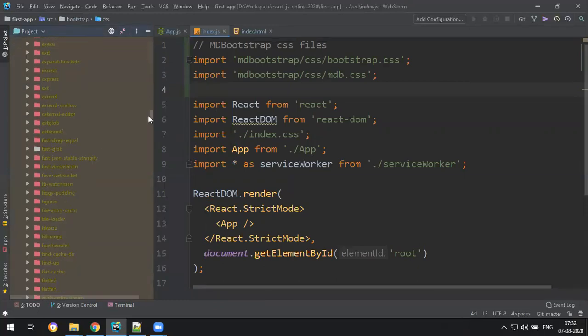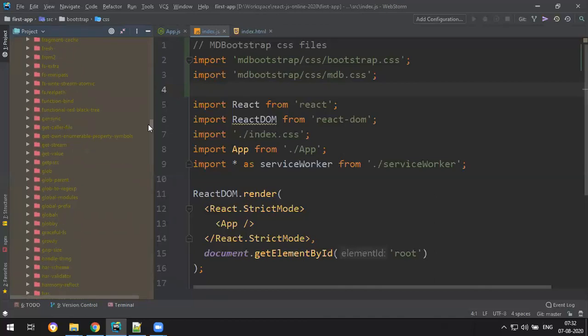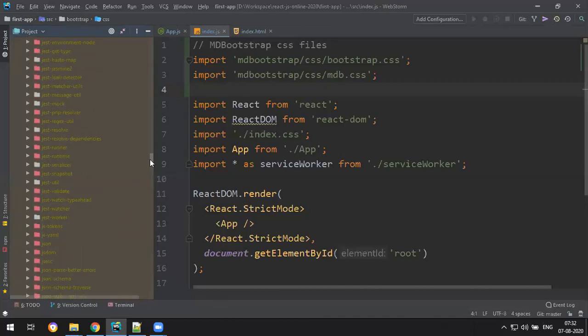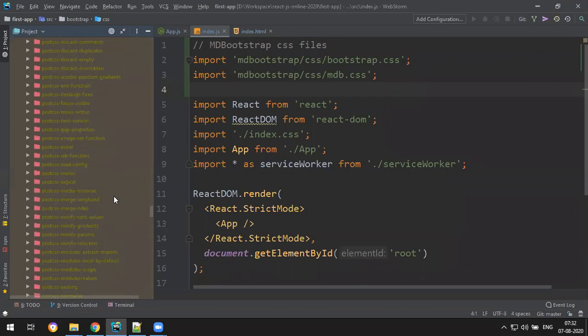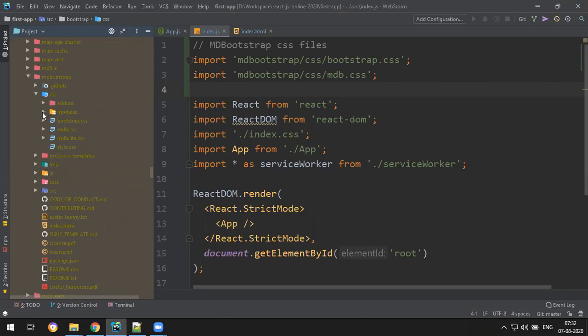One minute. Actually, I used to connect manually, but I have shown npm now. But the automated hint is not coming, so that's a problem. So we can do one thing. mdb and mdb-bootstrap css, yeah, these two.